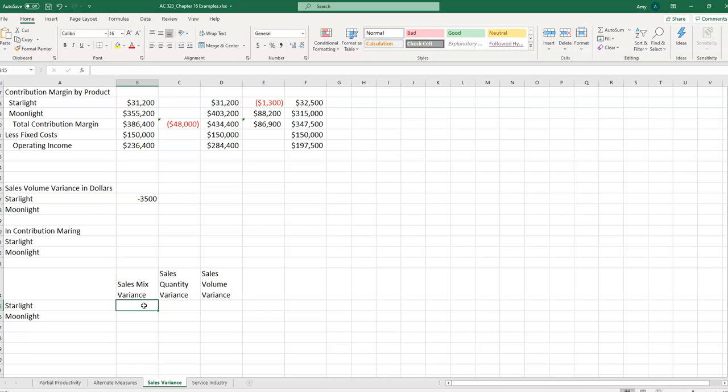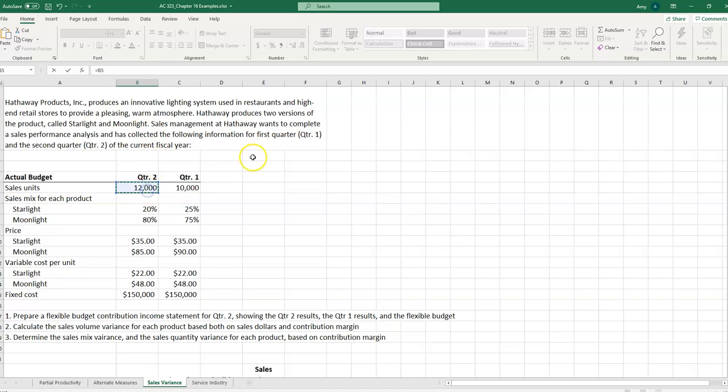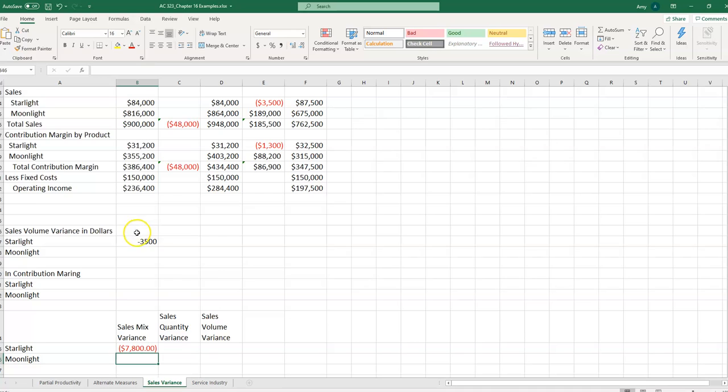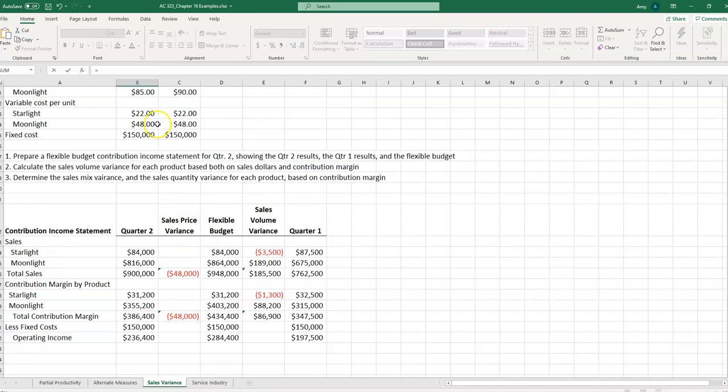Our sales mix variance is the fact that we sold, so we have our 12,000 units times, and we sold 0.2 when we budgeted for 0.25, times our price minus the contribution margin. We have a negative $7,800 variance. For Moonlight, we have 12,000 units